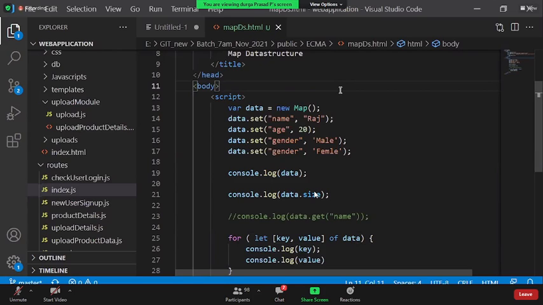Anytime you're reading the data from the user and creating a structure of it, it is recommended to go with the map data structure. It is so clear, right? If you have only the data to represent, go with the map. If you have the data along with the functionality or the behavior to be added, then you need to go with the JSON data structure.